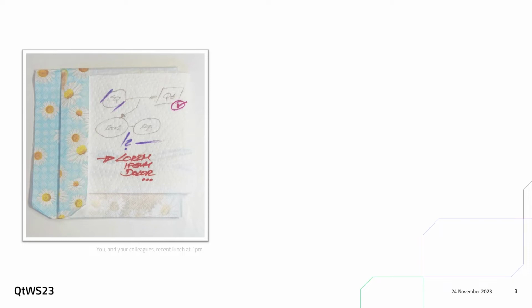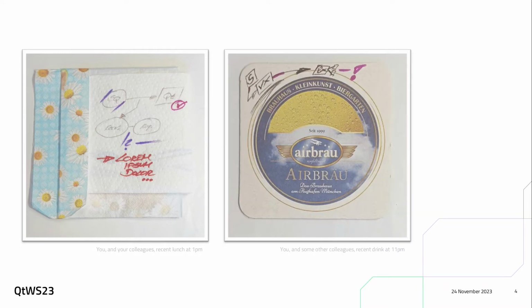Later that day, you're about to travel, and once more, this time another venue, but the same concept. You're at the airport in Munich, and your connecting flight is running late. And once more, this colleague is just scribbling around at 11 p.m. in a bar. And now, all of a sudden, you know what he means. And I hope it's not the alcohol that enabled him to see clearly.